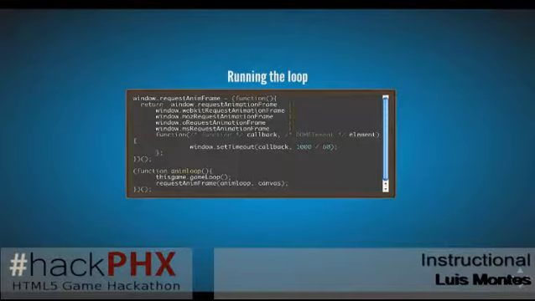Okay, this is a little bit more complex, and like I said, the slides are up, and don't think you have to remember all of this stuff right now, because the gaming engines that I mentioned earlier make this stuff a little easier. So that loop that I showed, that was just a function, right? Run this loop, but we want to run it 60 times a second. Recently with HTML5, we have gotten another API called requestAnimationFrame.